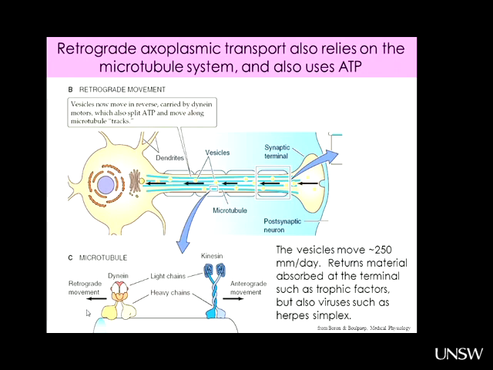If we look at retrograde transport, we need to bring back trophic factors from muscle. Again, we've got things packaged in vesicles. They can move quite fast along the microtubules, about 250 millimetres per day. That can be good. You can be picking up trophic factors from muscle to keep your nerve terminals alive, but